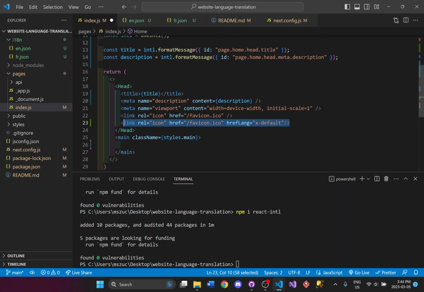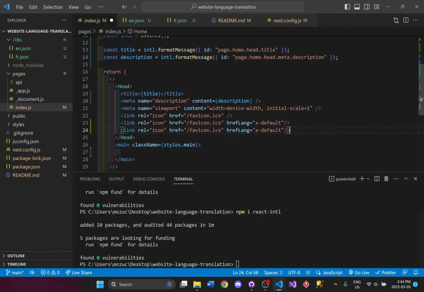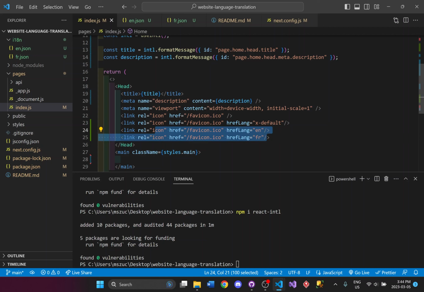And I can copy this, and I can also add, now just change the href language there to just en, and let's say fr. And now it'll be able to change even these like icons, the favicons, based on the different languages as well.